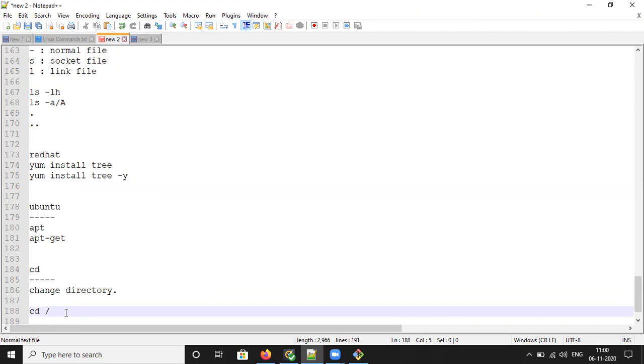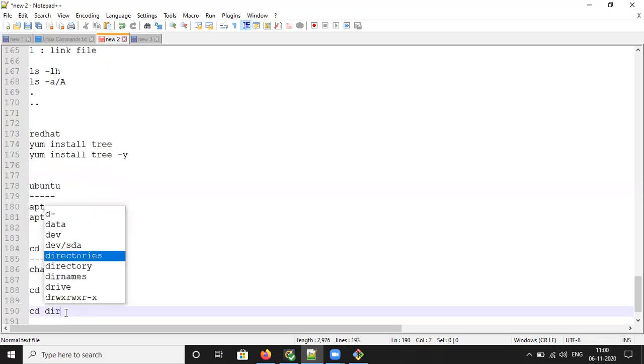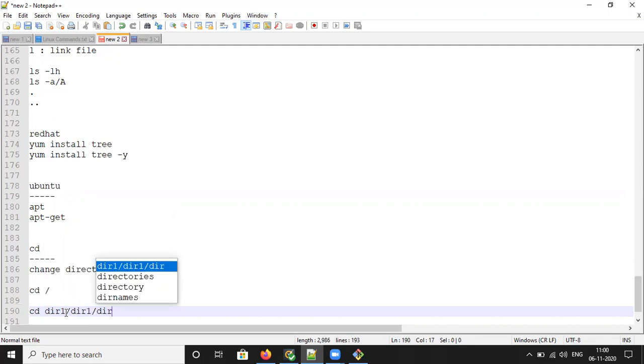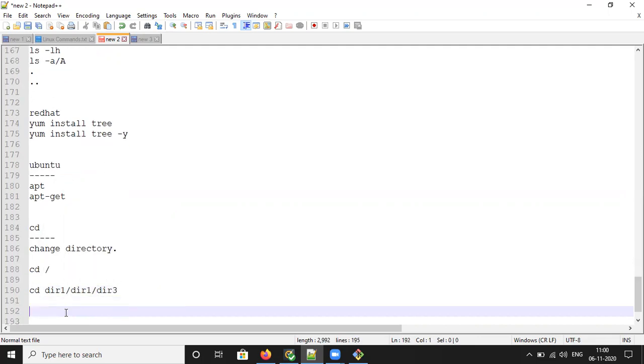Suppose you want to go to directory 1, directory 2, you have to use cd directory1/directory2/directory3, like that. That is one option. And one more option is cd hyphen or just cd. What does that mean? It is going to change the directory to the home directory.